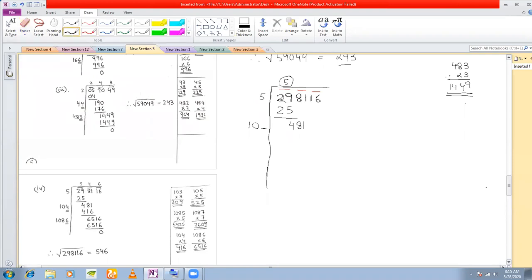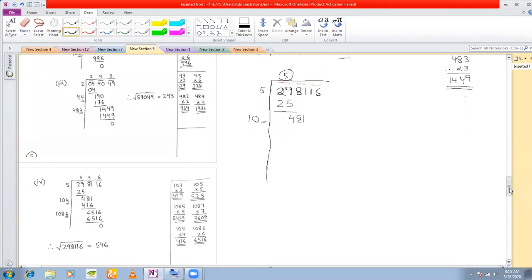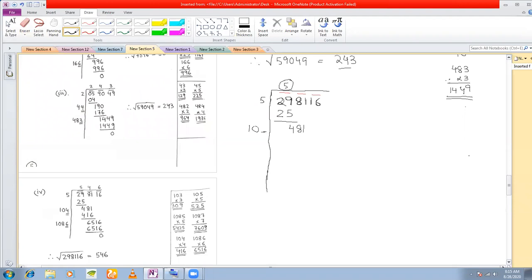Let us try. Later on, when I'll be working more examples, I'll be showing you how to guess numbers, to guess which digit you can put. There is a way of guessing, a calculated guess you can take. So let us place the digit 1. So 101 into 1 gives you 101, which is way less than 481. So we'll try the next digit.